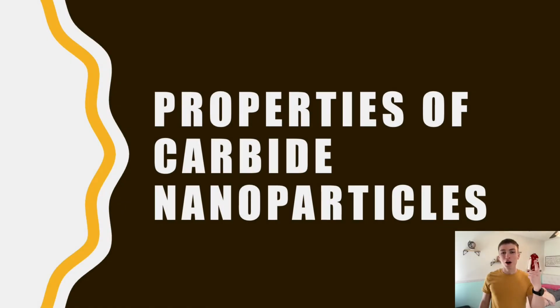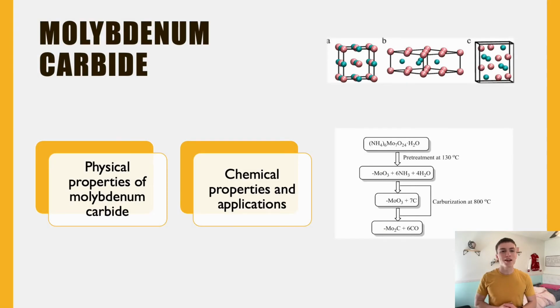So now that we know what nanoparticles are and how we create them, we'll go over some properties of these nanoparticles and how they're used in some modern-day applications. The first carbide nanoparticle that we'll be going over today is molybdenum carbide. This is actually the carbide that we just produced in mild solution phase synthesis, so we'll get to see some really cool properties and uses of this compound. So some of the properties of